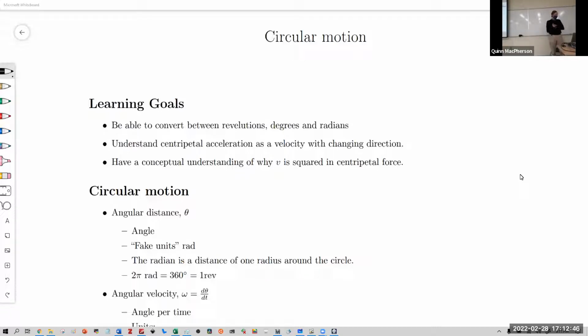But the goals for today are we want to be able to convert between degrees, radians, and revolutions, understand centripetal acceleration, and understand why centripetal acceleration goes as v squared. If we have some extra time, we'll do a little bit of estimation at the end, because you have some estimation on your homework. Okay, so